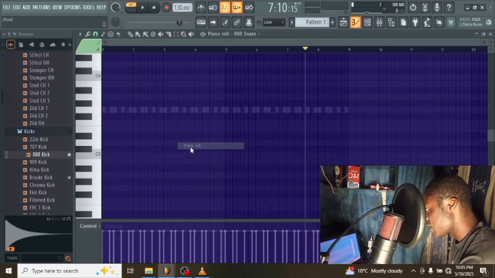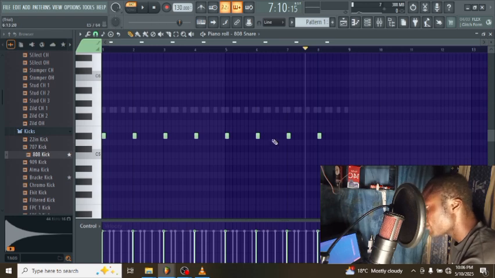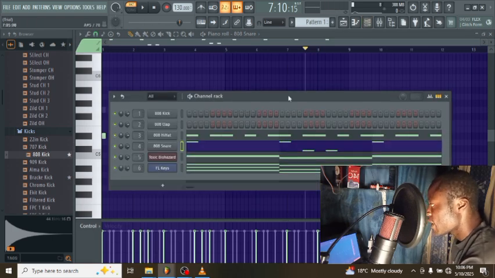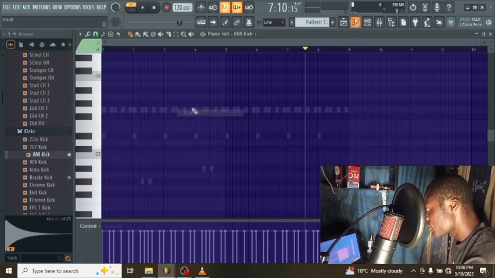I'll put my cursor here on my snare, right click and press piano roll. Now, at the end of each bar, I'm putting my snare like this. This is my snare, which at the start of bar 1, I've drawn my snare here. At the end of bars 3 and 4, I'm putting my snare right up to 8 bars here with a different bounce, like this. Good. After doing so, I'm going to left click, drag it to channel 1, right click and press